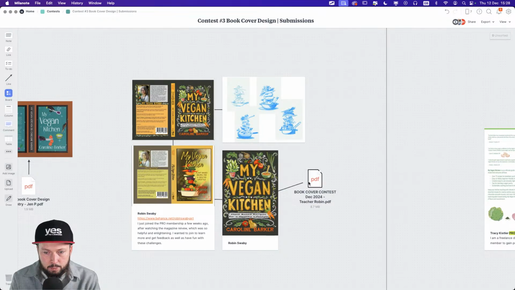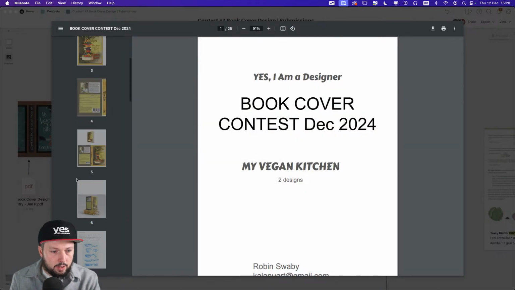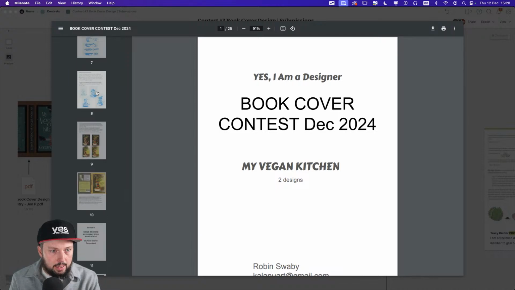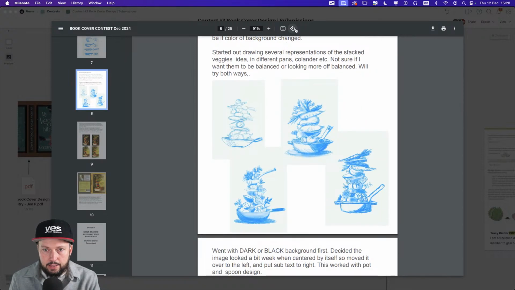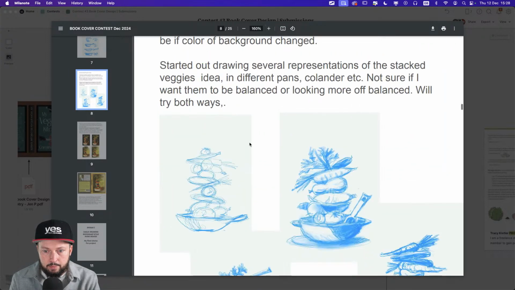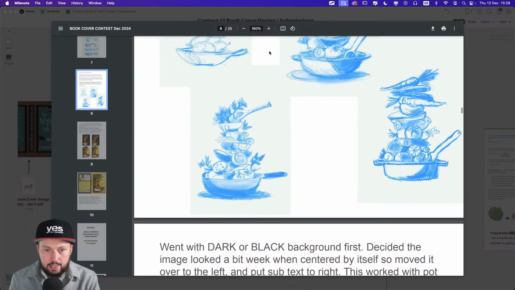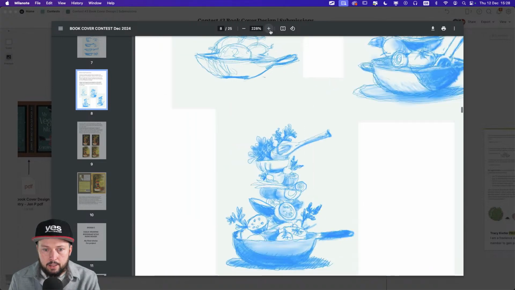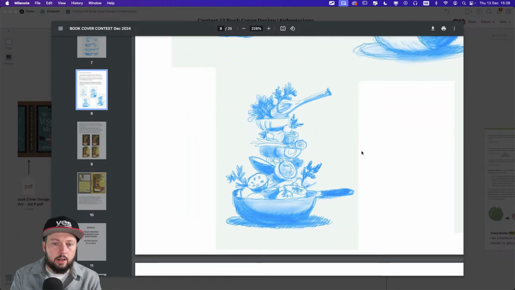Again, I think this is in the PDF, so without doing anything with it, yeah, here it is. So we can see it in a little bit bigger size. This one I really like. Which one is better? Probably the one on the left. Yeah, if that was on a cover,